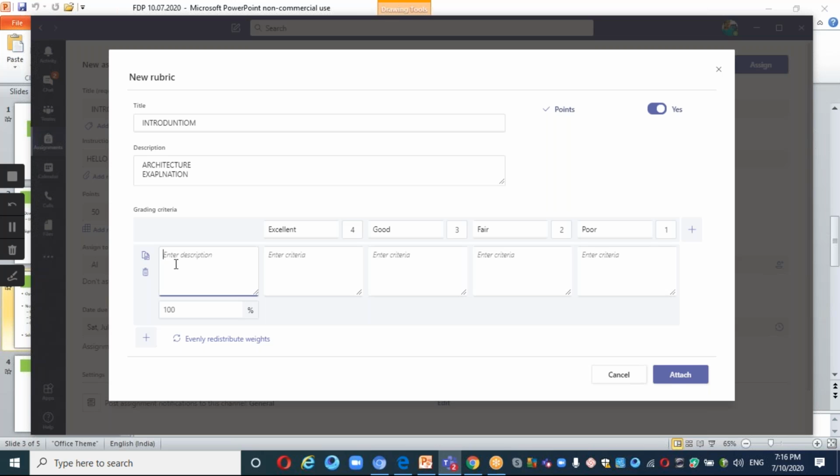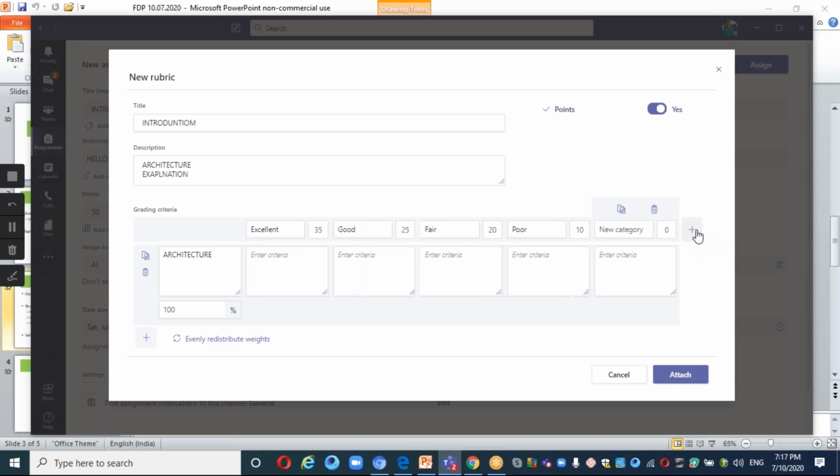So first, how I'm going to evaluate for architecture. For the architecture diagram, for example, I'm going to give the mark if it's excellent. If he or she has drawn very excellently, I'll give 35 marks. If it is good, I'll give it as 25. 20% of the marks. If it is fair, like 20. If it is poor, I'll give it as 10. If I want to add another rubric, I'll give it as not attended category. For them, it is 0.